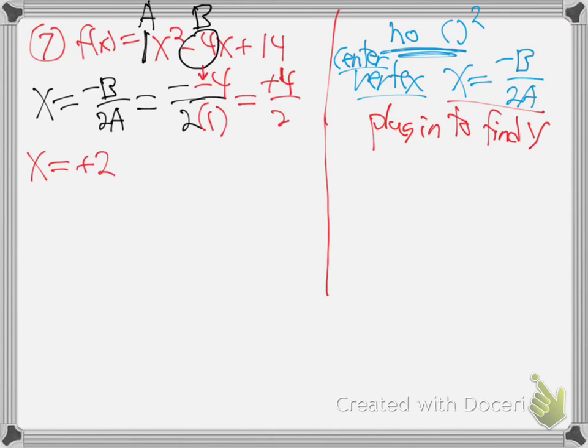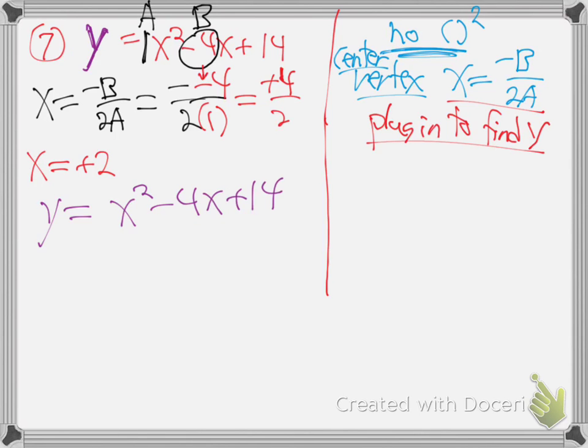So there's how you find x: negative b over 2a. Plug in to find y. I'm going to take that equation, because remember, f of x, you could just get rid of f of x and say, hey, f of x, that's really y. Remember function letters, f of x, g of x, h of x? Those are just y. By common agreement in the math science world, functions are just y. So to find y, then, we go y equals x squared minus